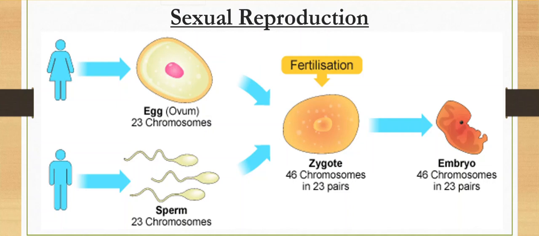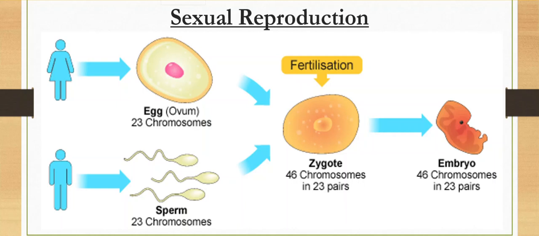As you can see in this picture, the female gamete, egg or ovum, contains 23 chromosomes and the male gamete, sperm, contains 23 chromosomes. So, each gamete contains half the number of chromosomes that a normal body cell has. In the process of fertilization, a male and female gamete fuse or join together, and the resulting fertilized egg, the zygote, has an individual, genetically unique makeup.